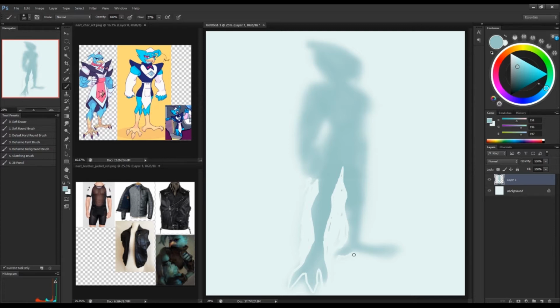And what this does, treating it more like modeling or sculpting, here I guess it's more sculpting because I'm cutting into the form,